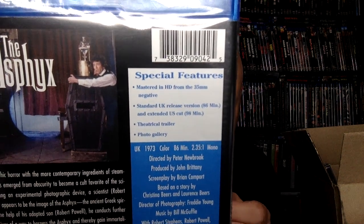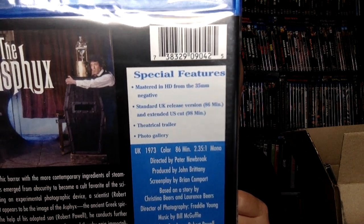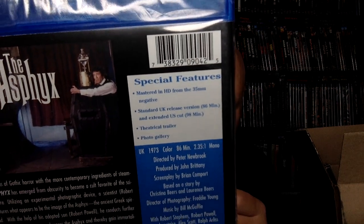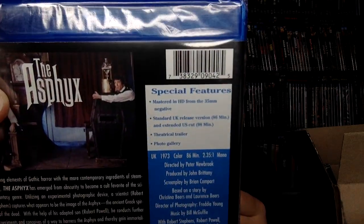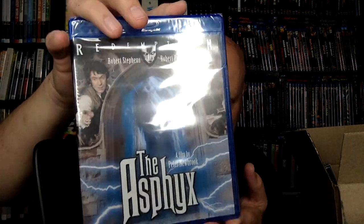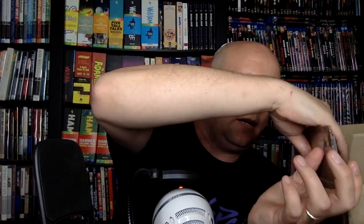So mastered in HD from 35mm negative, standard UK release version as well, and an extended US version. So they're 86 versus 98 minutes. Directed by Peter Newbrook. So not a ton of features there, but this one wasn't that expensive either. But heard good things about this, have not seen it, and excited to check it out. That's The Asphyx. And then last but not least,